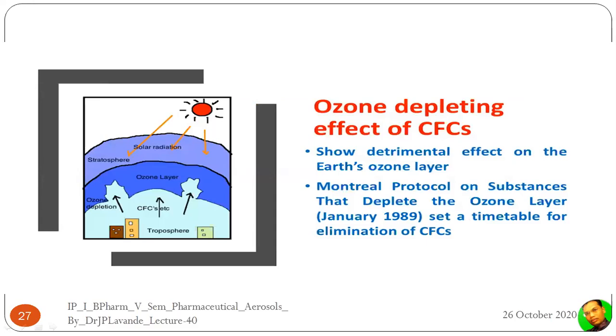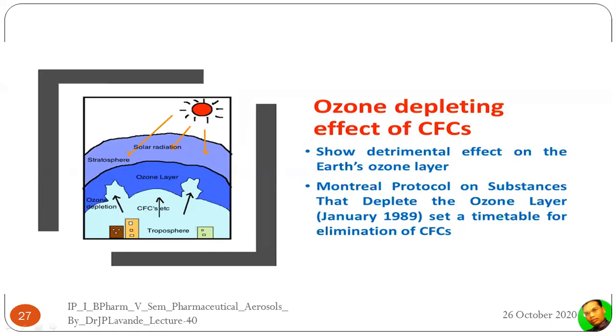Now, here you can see clearly what the ozone depletion effect is. You can see there are the sun rays, the solar radiations, and they consist of ultraviolet rays. Because of the ozone layer, these ultraviolet rays are not able to reach the earth. Now, because of CFCs and their emission, what will happen? They will decrease this ozone layer, leading to these ultraviolet radiations reaching the earth, producing their effect on biological organisms, and that is responsible for producing the global warming effect.